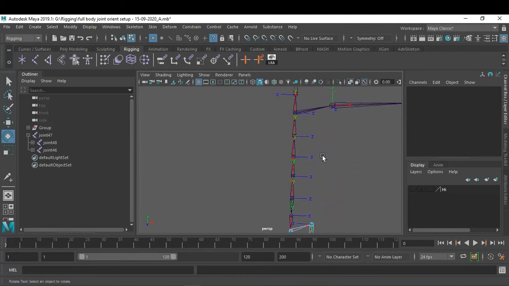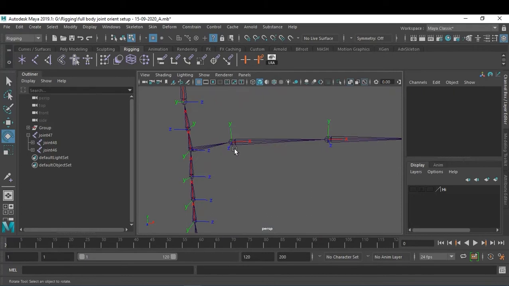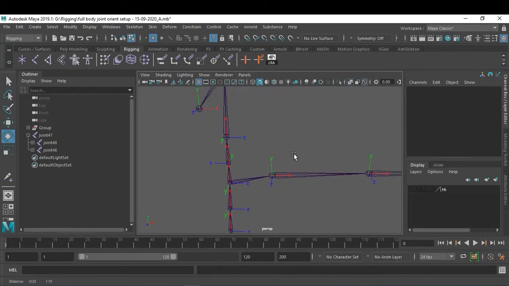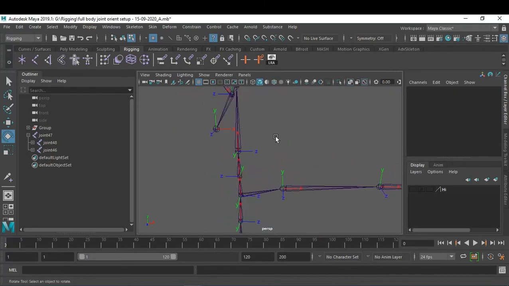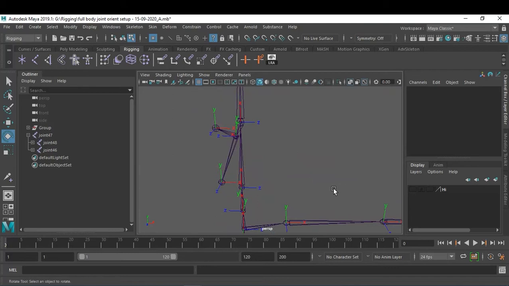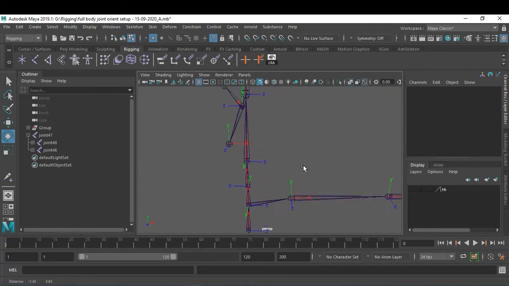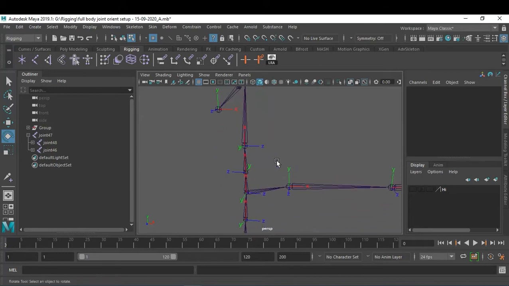And see, inside the spine, the Z direction is going fine for me over here. Follow the same thing over here also. The Z direction has to be on your right side only, if you are following this particular pattern. Make sure to work on this particular joint also.